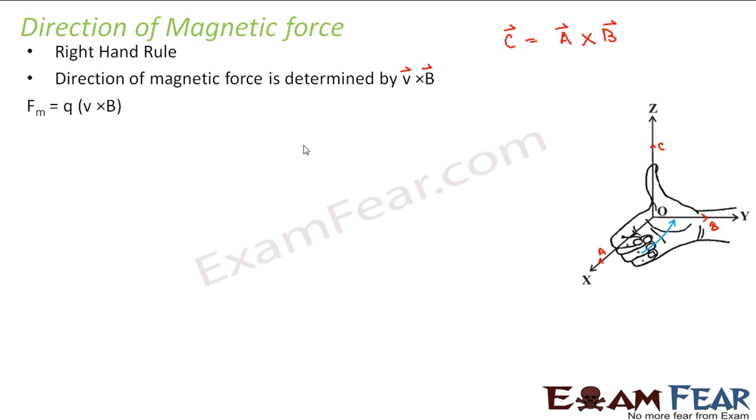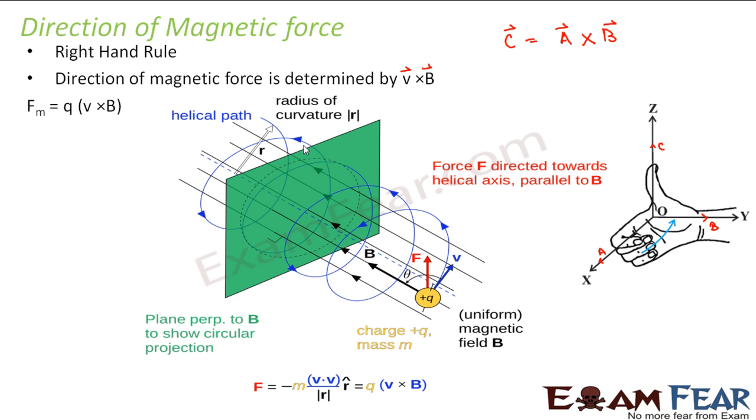So here in this case, let us suppose if you look at this diagram where this plus Q is a charged particle which is in a magnetic field, and the direction of the magnetic field is B. The question has already told that the charged particle is moving with some velocity V in this direction. So this is the direction of your velocity, this is the direction of your magnetic field. You forget about the force right now. So you curl your fingers from velocity towards the magnetic field. You start curling your fingers from V towards B.